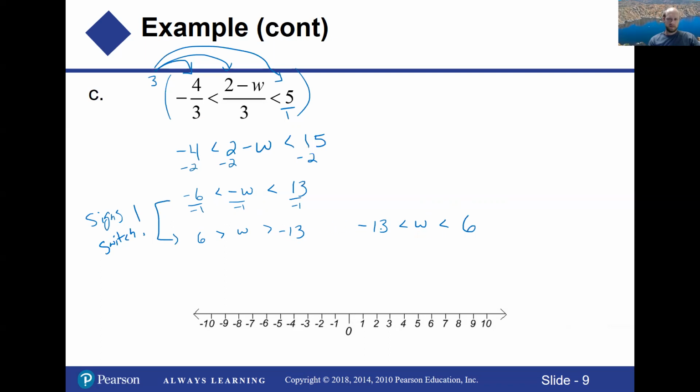I just rearranged it. Now let's write the solution in set builder first before we graph it. So it's the set of all w such that w is between -13 and +6. And then, oh, -13, I guess, would be like somewhere over here. So I would have a parenthesis and another parenthesis here at 6. And then I would connect those two lines. Okay,